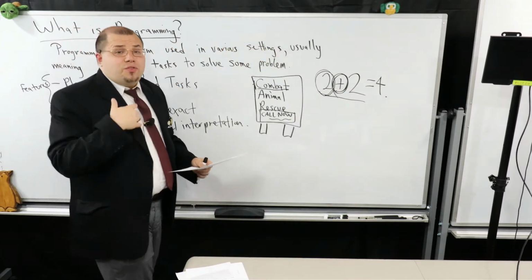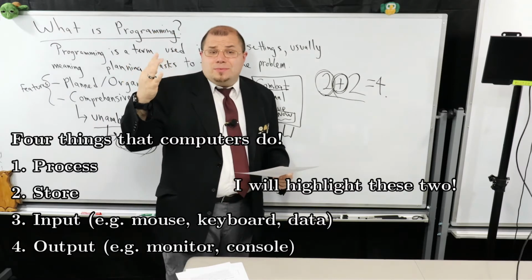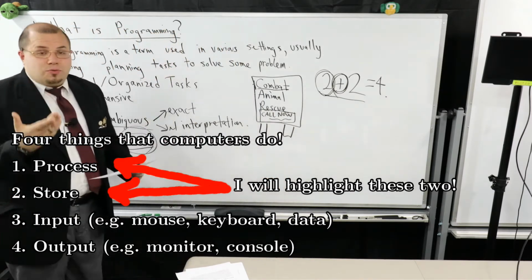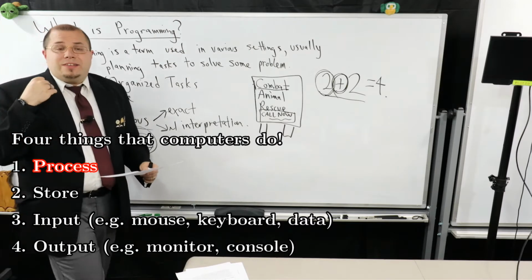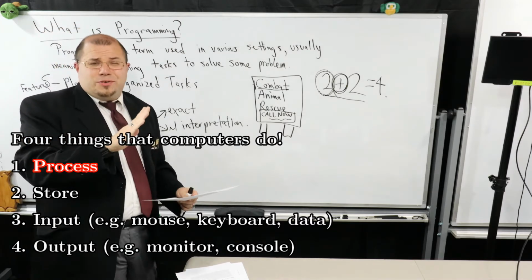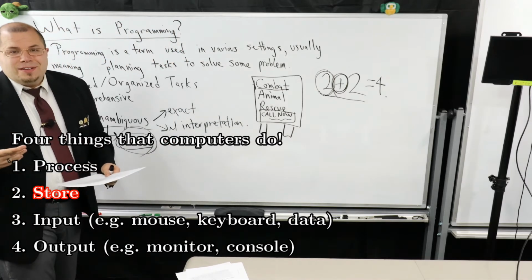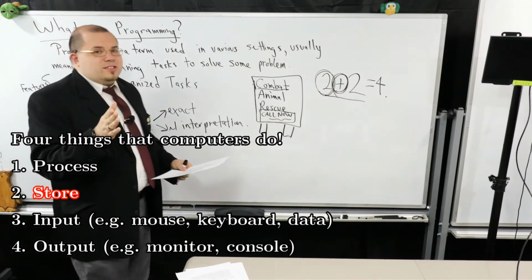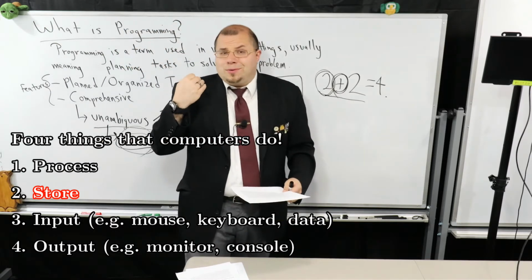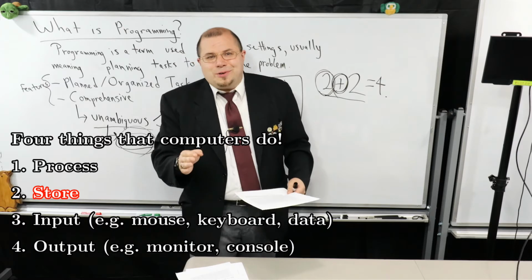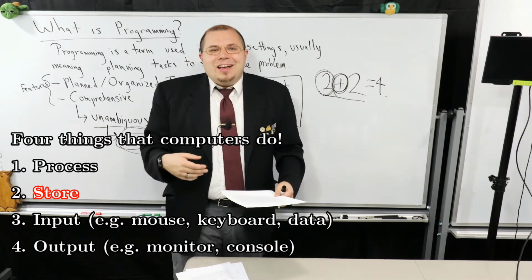Generally, there are 4 things that computers tend to be able to do, and these are the minimum requirements of a computer. It processes. For example, you may have a central processing unit, or CPU. It has the ability to store. For example, this could be your hard drive, or persistent memory. This is where you put your favorite cat pictures.